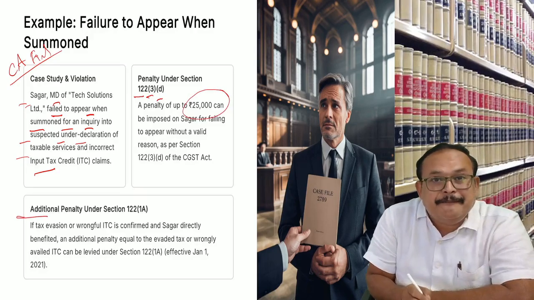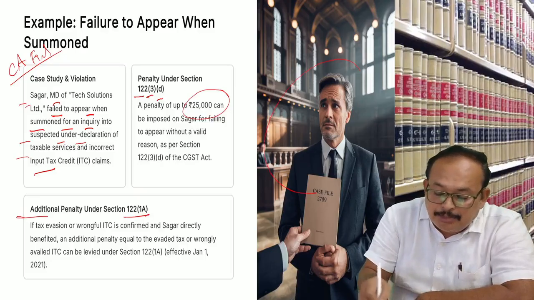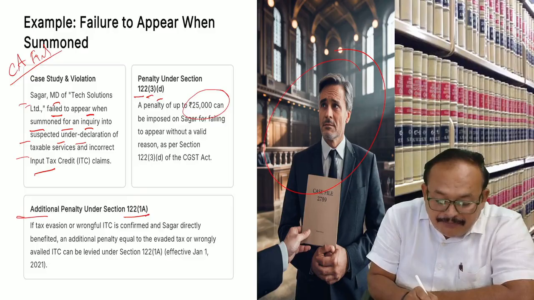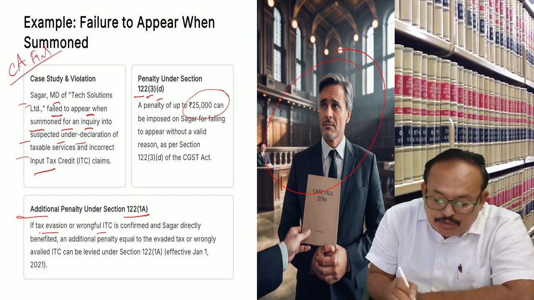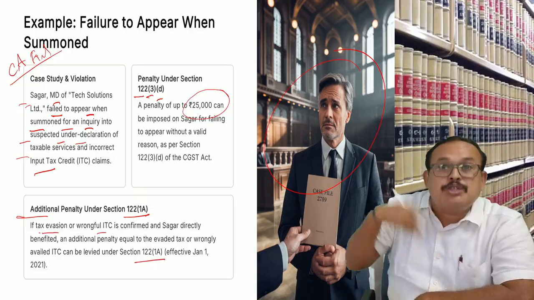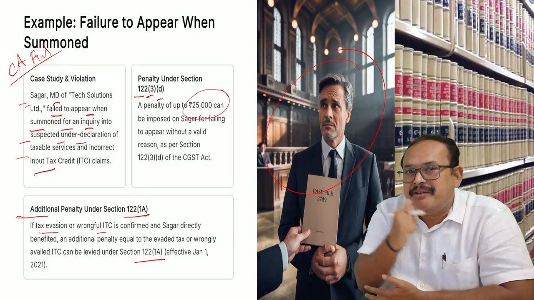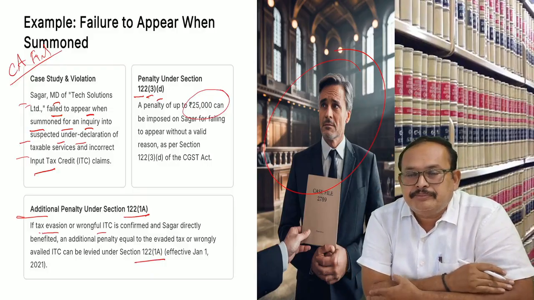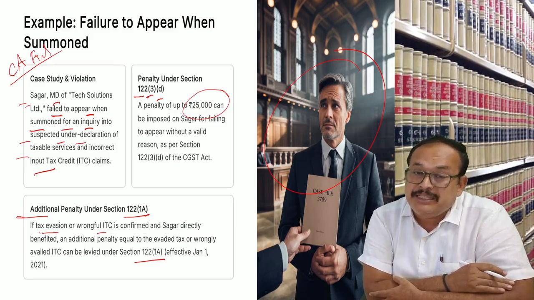Additional penalty under 121A applies on such a person if there is tax evasion or wrongful ITC which leads to 121A. It means the beneficiary, the mastermind. You get my point? If it falls on 121A,